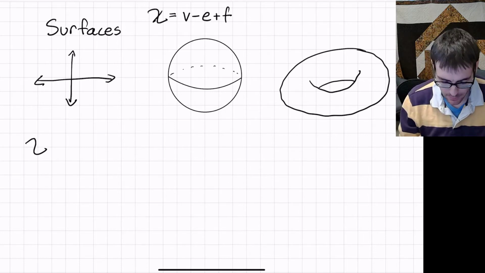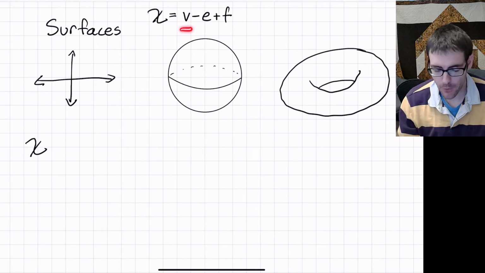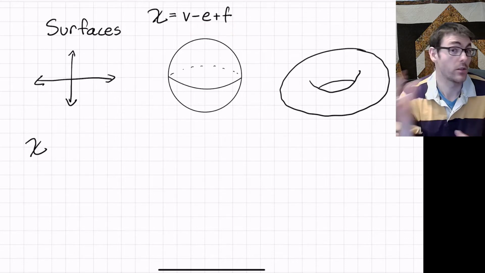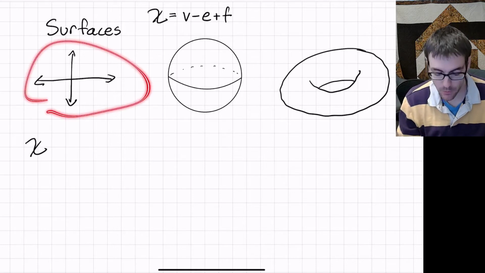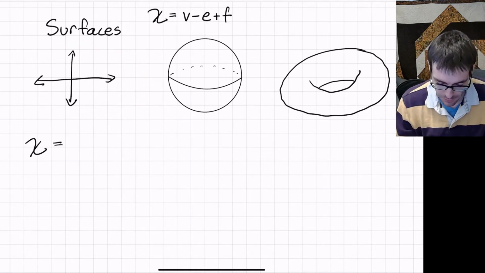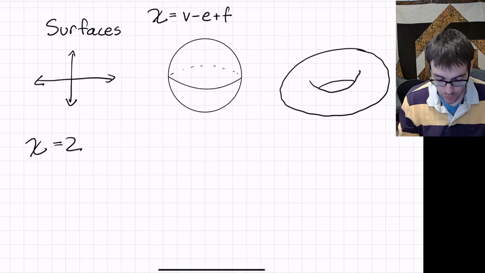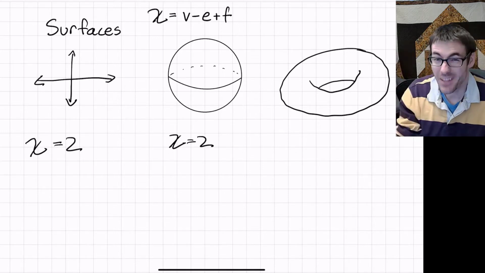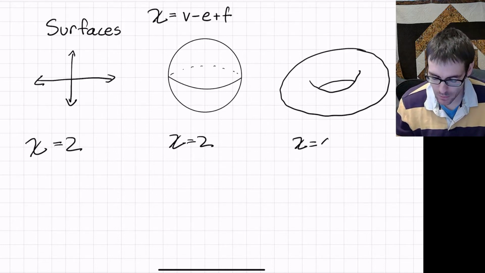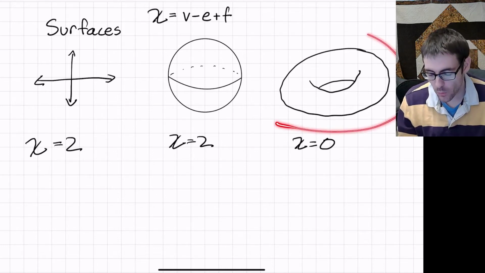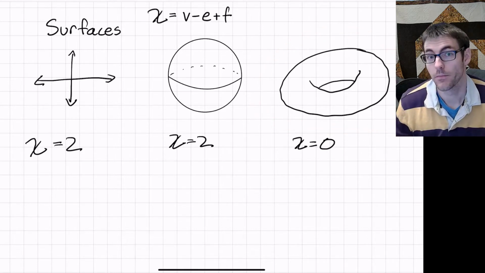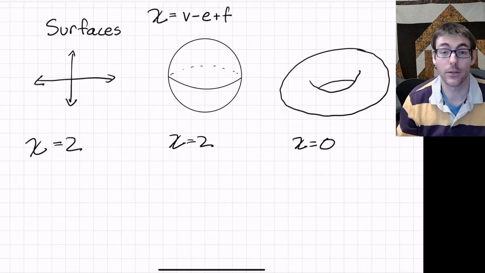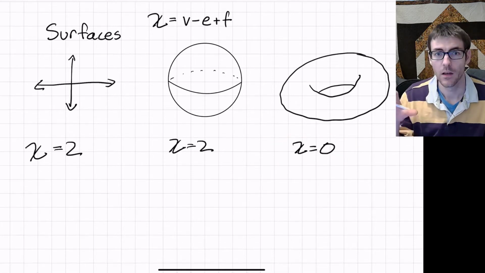I claim that the Euler characteristic, this vertices minus edges plus faces calculation that we saw last time, is always equal to 2 for a planar graph, that this Euler characteristic is equal to 2 for planes and for spheres. But it is something different, actually ending up equal to 0, when we're working with a surface like a torus. And in fact, for other surfaces that we'll get to later on, we can have even different Euler characteristics. To see this,